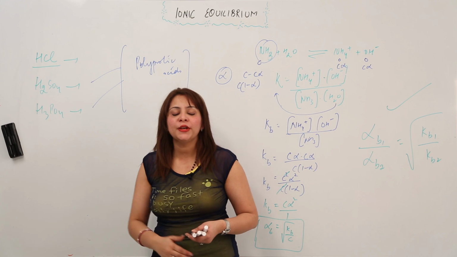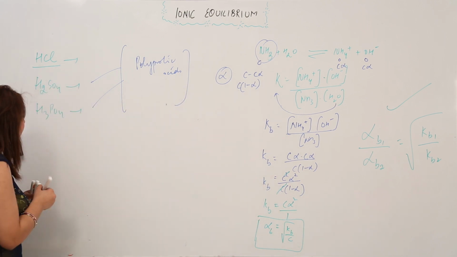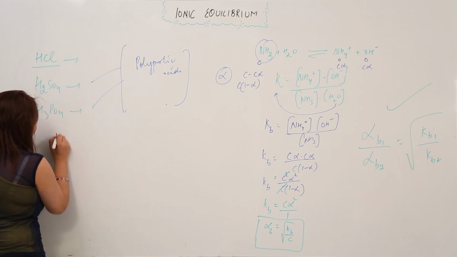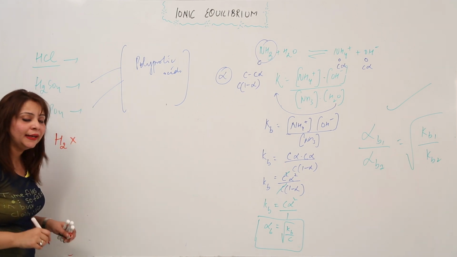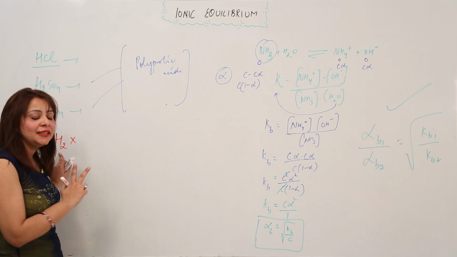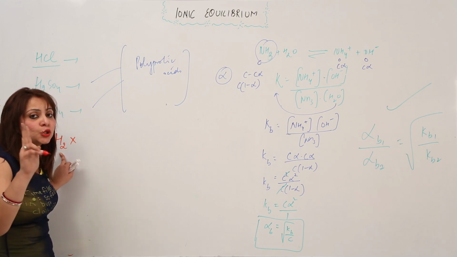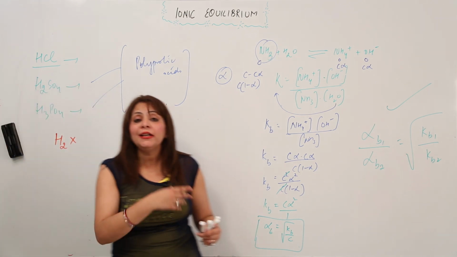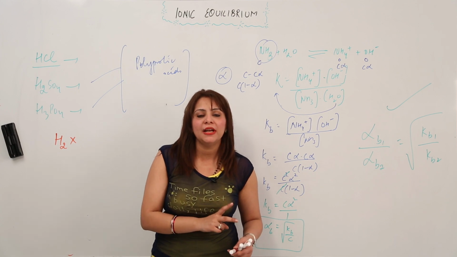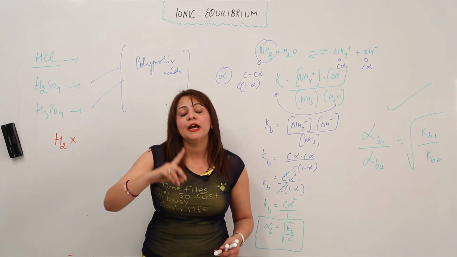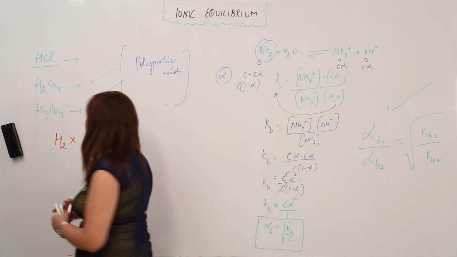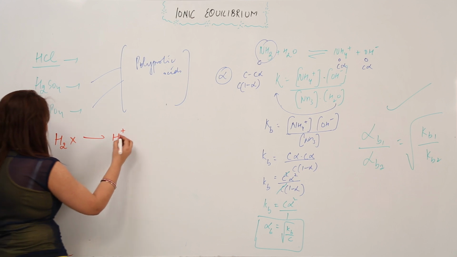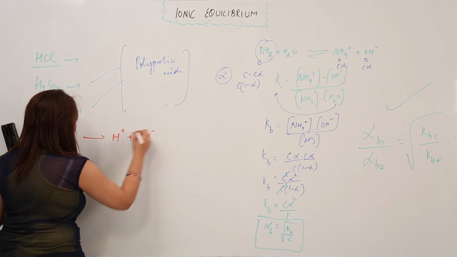So I'm just writing an expression in a general form for you, showing how you get the ionization constant of acid for them. So I have an acid H2X, suppose, right? It has 2 H, as you can see it is dibasic in nature. It has a tendency to give 2 hydrogen ions, right? But in one go, it is not going to give all its hydrogen ions. At a time, it is going to give only 1 hydrogen ion, right? So we say that it donates, it releases 1 hydrogen ion, and we are left with HX negative,